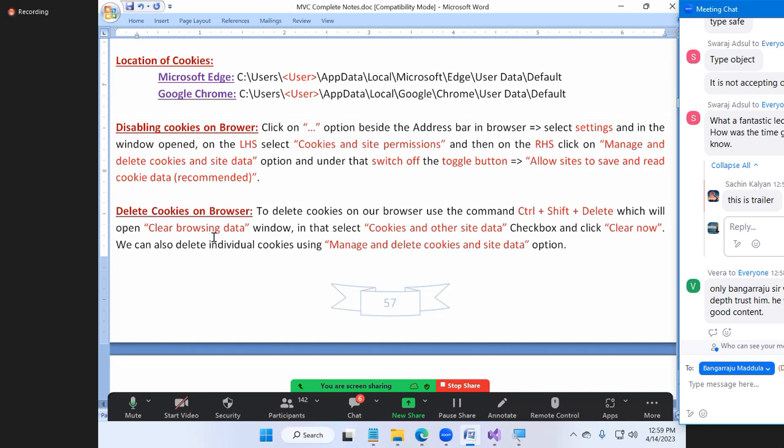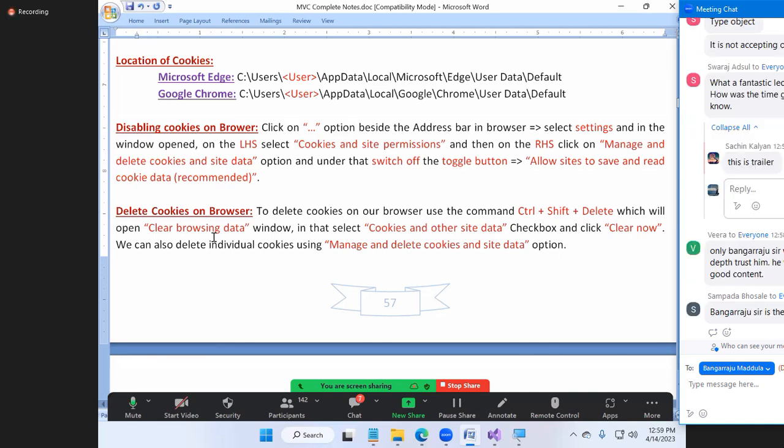Are you clear? I told you how to disable. Disable the cookie and try to run the method. Just check it out. Methods 6 and 7 will not run for you because the cookies are disabled on your browser. Point clear, all of you? So this is all about cookies, how to create them and how to use them. Okay, let us stop it here. We'll continue tomorrow.